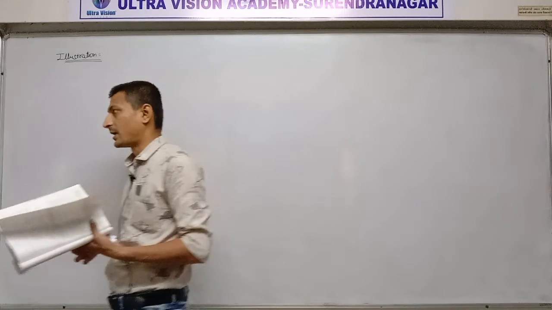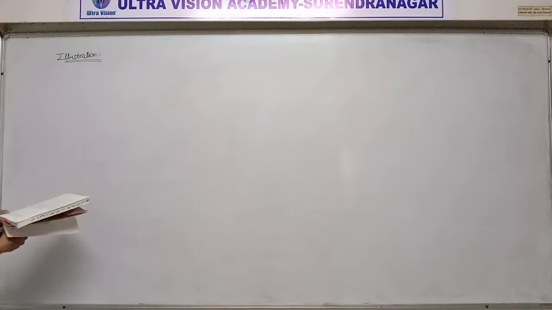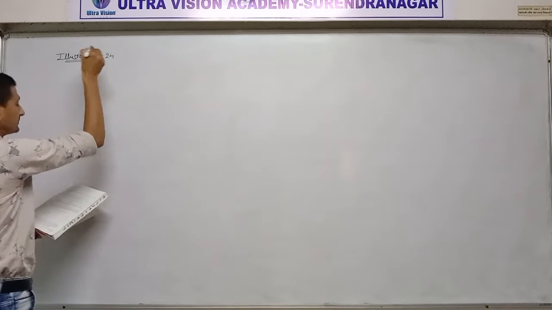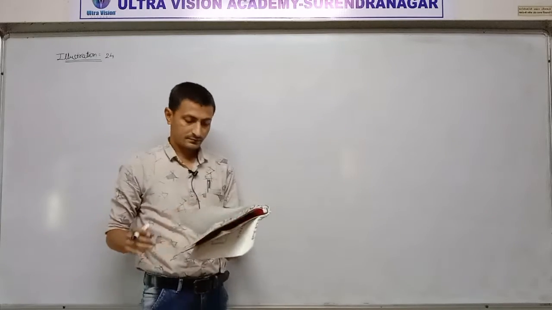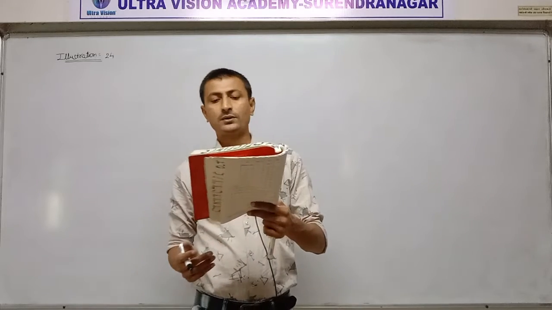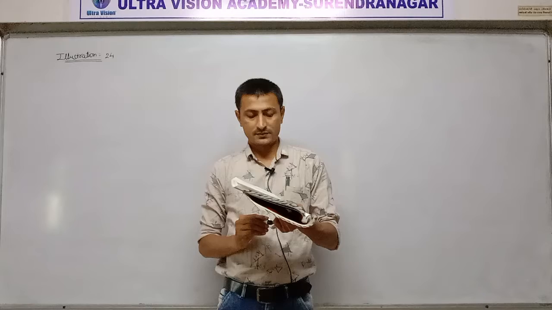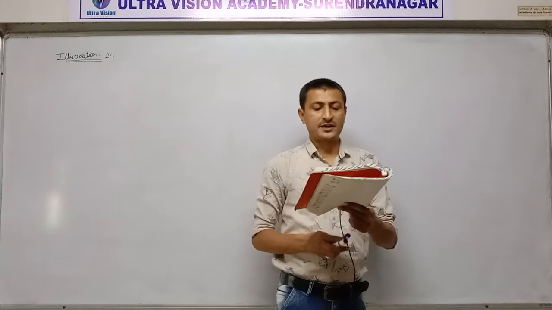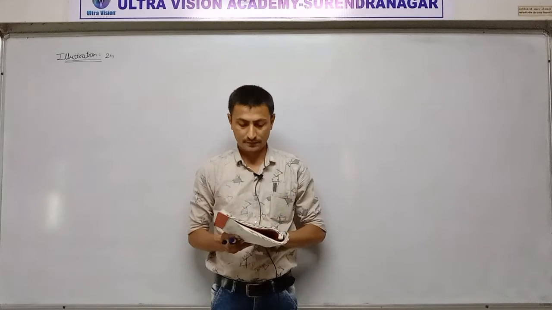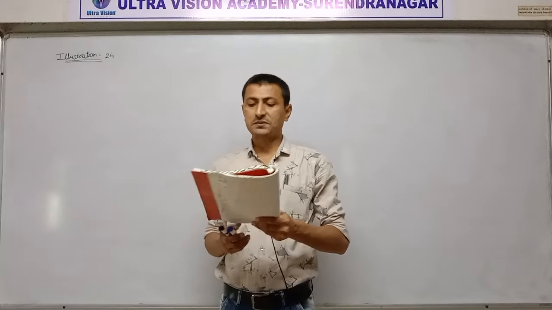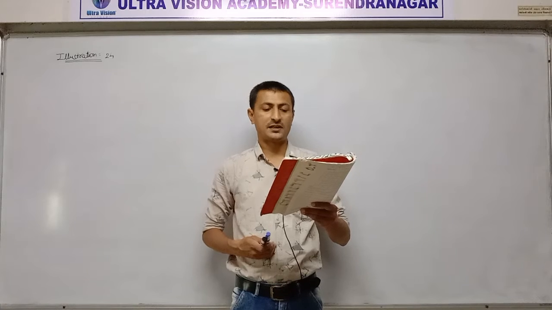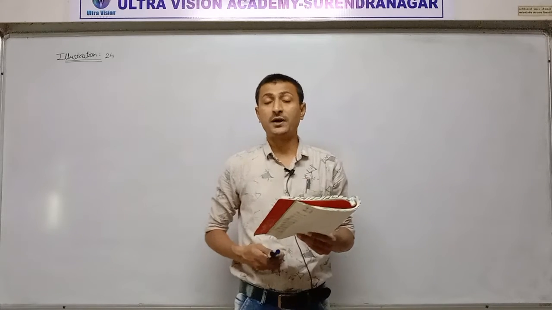Okay, now next, illustration number 24. A transport company wants to know the relation between driving experience and the number of accidents by the driver. Driving experience and number of accidents by drivers, two variables given. The sum of squares of differences in the ranks given to driving experience and the number of accidents by a driver is found to be 126.